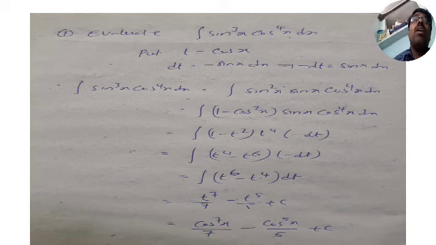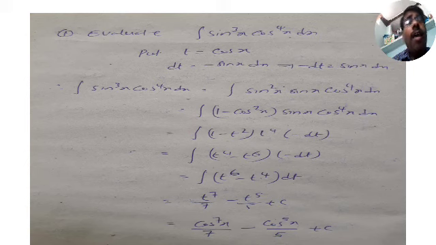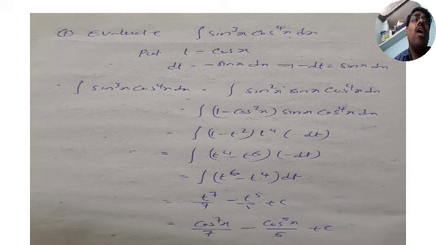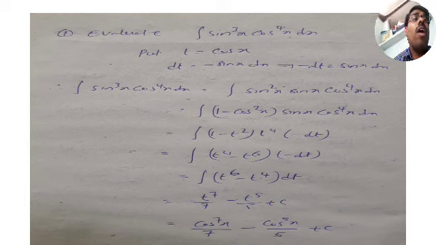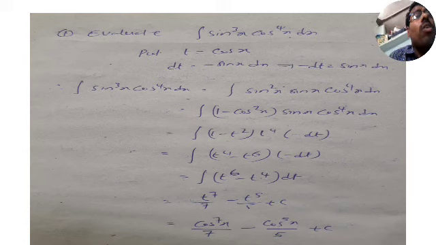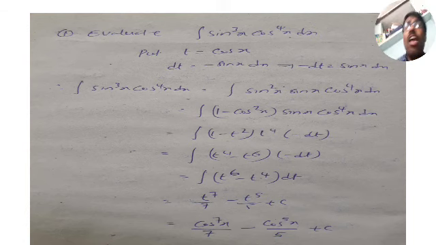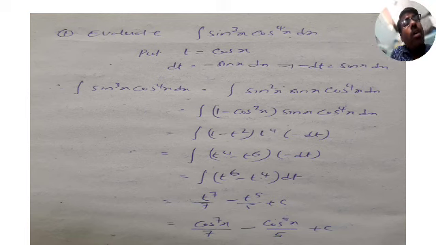What is the sin power? Sin power is 3 and cos power is 4. Which is the odd number, either sin power or cos power? Sine power is 3, which is an odd number, and cos power of 4 is an even number. So sine power is odd. So by the working rule, by the procedure, if sine power is an odd number, then put t is equal to cos x.